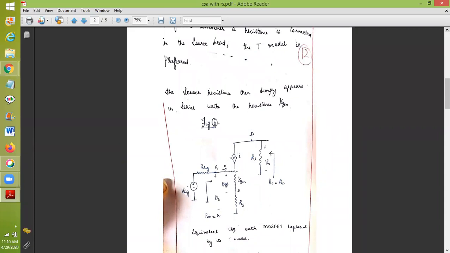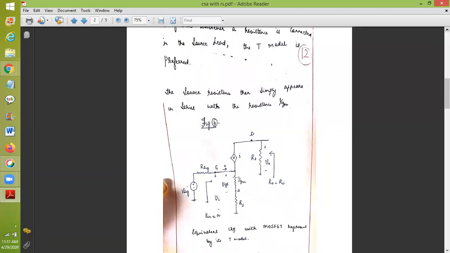See here, if I apply KCL here, the incoming current is I, and here the current is not entering. Why? Because the current here is considered as 0 because the input impedance is high. So, what happens if 5 milliamps comes here? The same 5 milliamps will flow here according to KCL, and there is no incoming current here because the resistance is very, very high. Therefore, if I apply KCL here, this I and this I of S are the same.